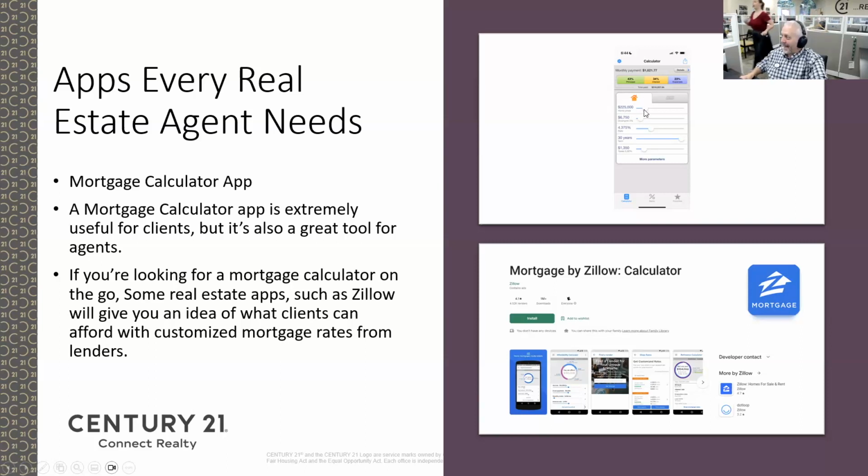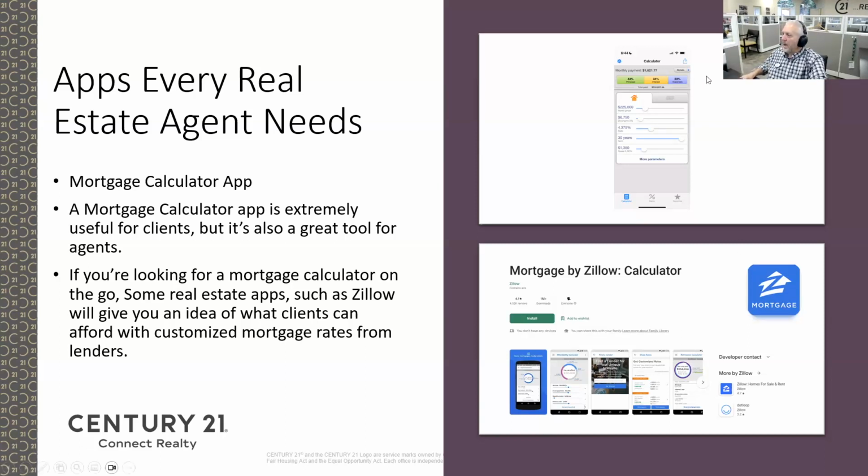But that one's a good one, and I like it because it's got these slide rules on it. If you want to know what a $300,000 house with a down payment of 3% is at an interest rate of 5%, it'll tell you the exact payment. If your client says, my monthly payment is X, you could set the toolbar on the monthly payment and find out what sales price they can realistically afford. That makes sense to everybody?